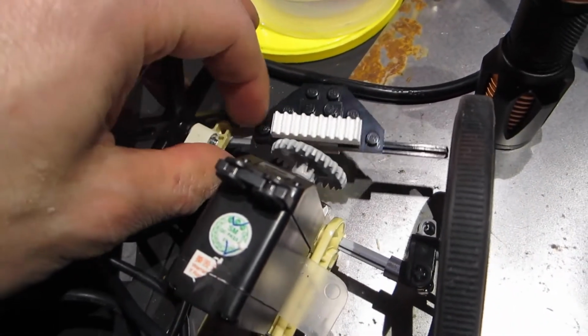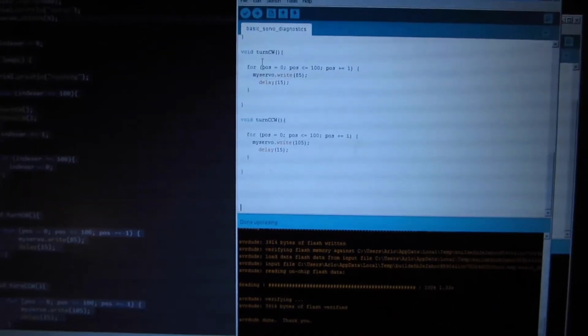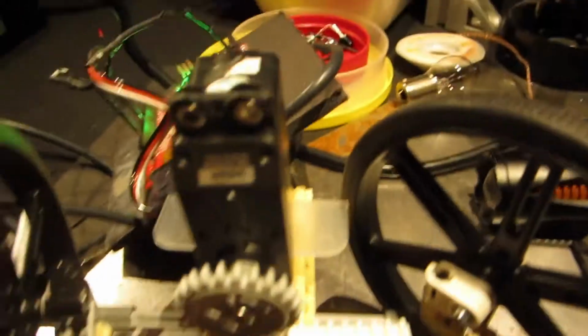Well, she looks like a right jalopy. So coming up with just a simple diagnostic app in the Arduino, but their editor is just a thing to behold. So I've been working in Sublime Text just for my own sanity, since I'm stuck on a Windows box here doing this. It's slow too, slow to upload. Anyways,